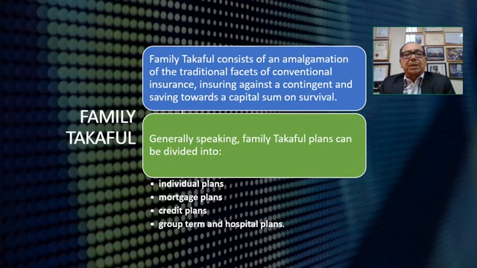Okay. So in a family takaful, it can be individual plans, which I said you buy the policy for your own protection from accident and also on. Second is a mortgage plan. Mortgage plan, let's say you buy a house, so you buy the insurance to cover the loan that you buy the house. Let's say you and your mother and father bought a house, and they borrowed the money from the bank, let's say 100,000 ringgit for the house, and buy the family takaful, we call it the mortgage plan insurance for the house.